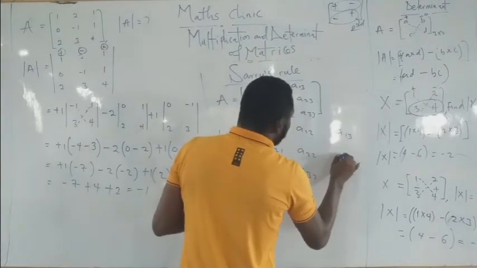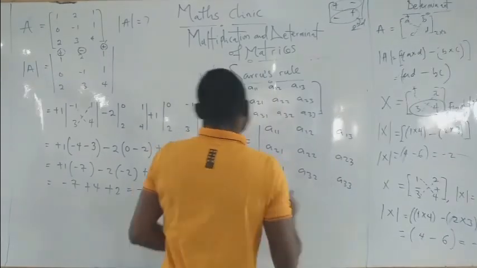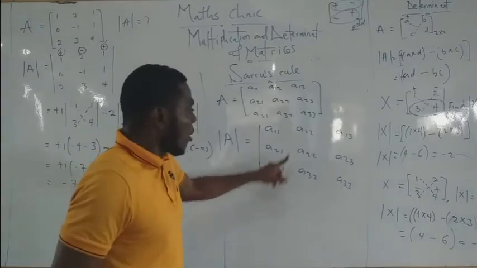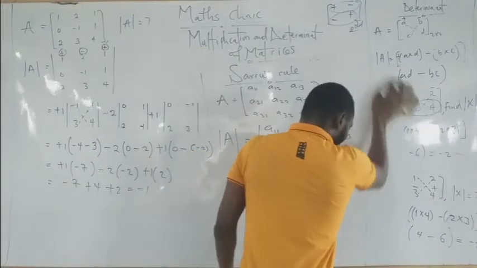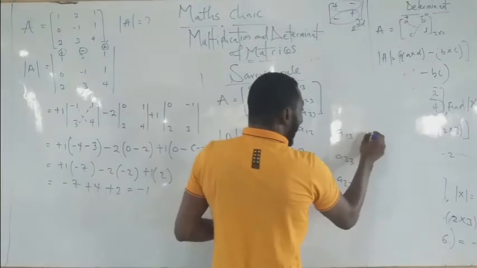A13, A23, A33. So the man says that we get to repeat the first column and the second column. That's what the man says. That will repeat the first column, that is A11,